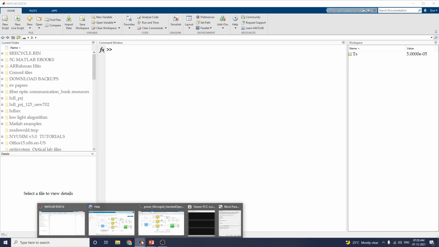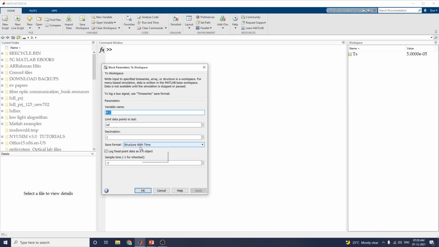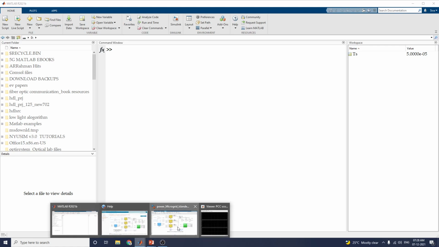Okay, now let us see the time of simulation. Here you set this structure with time format. Or you need structure format, or you need array format, or you need time series format. In this example we set the save format as structure with time. You can set this one, and the next one